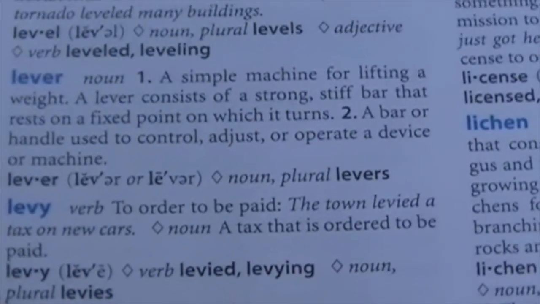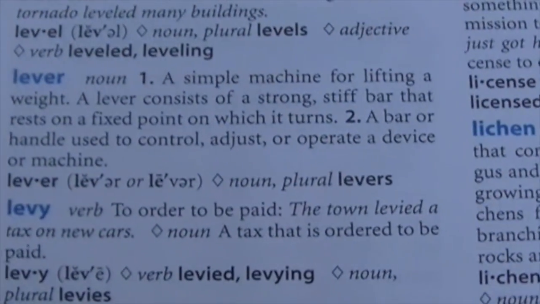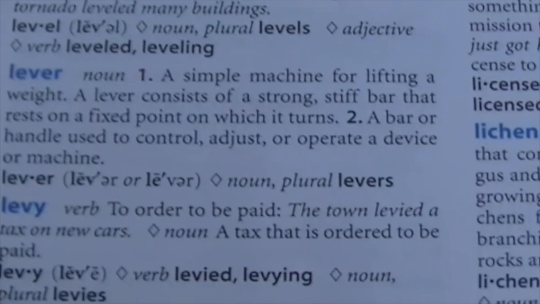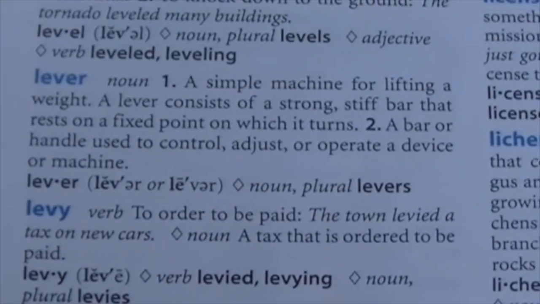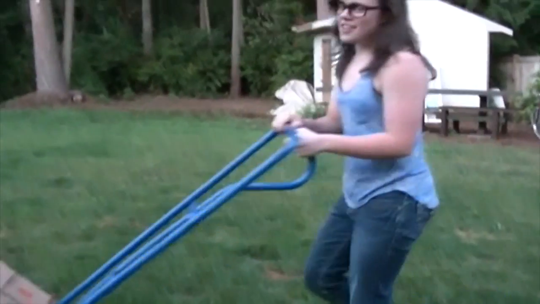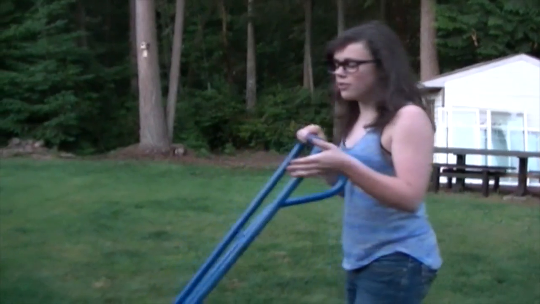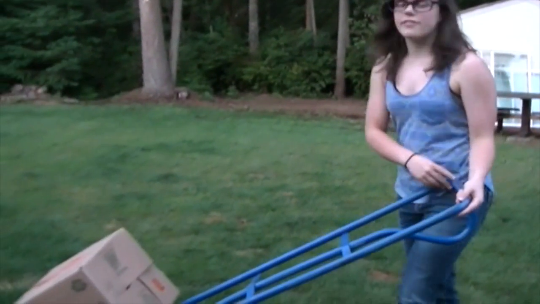A lever, according to the Children's Dictionary, is as well a noun. A simple machine for lifting a weight. A lever consists of a strong, stiff bar that rests on a fixed point on which it turns. The first lever we shall be talking about would be the first-class lever, which an example of that would be